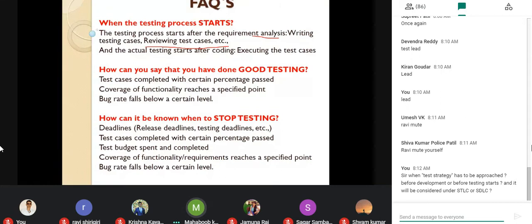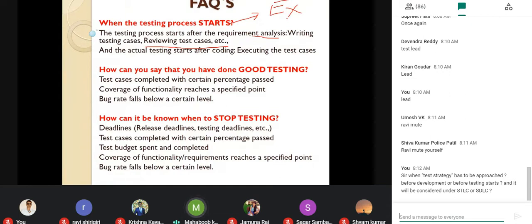Actually, testing starts after the coding. Here the testing process in the sense is executing, guys. Test execution. It gets started when you write the test cases, when the peer review is done, and not only that, when the developer gives the code to you, then you need to start executing the test cases. You need to tell both. Not that once the developer gives it I will start. No, you should tell what you will be doing from your end, and what the developer will be giving to you from his end. So that is the reason the test process starts on your side and the developer side.